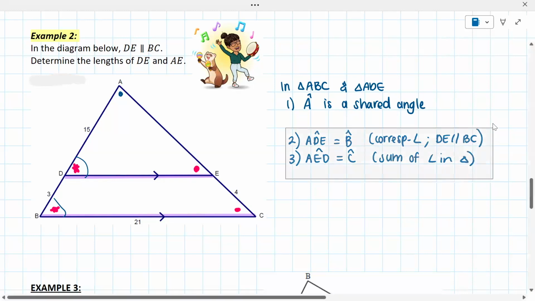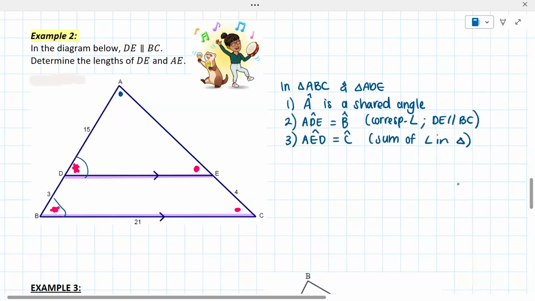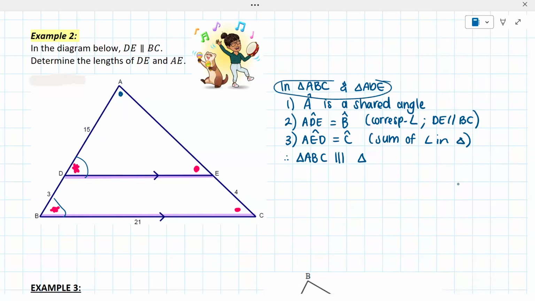Okay, so now we've proven that all three angles correspond with each other. And so what we've proven is that triangle ABC is similar to... Now, this is where we have to double check our order, because remember, this was not given to us. I made that up to just label the triangles I'm working with. So I need to make sure that I correctly match up